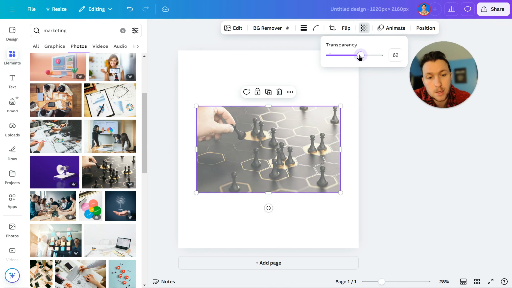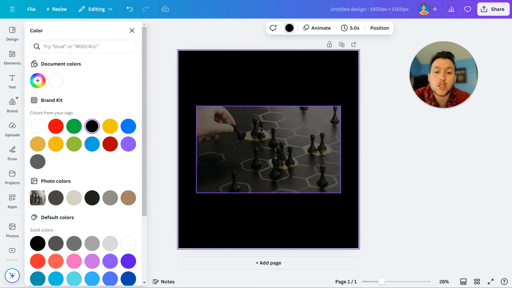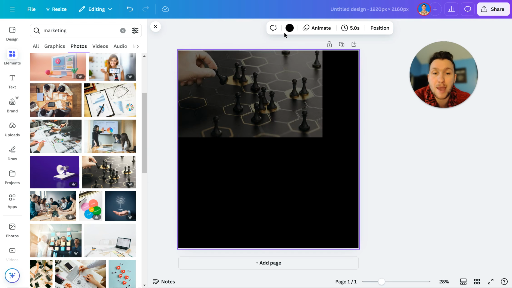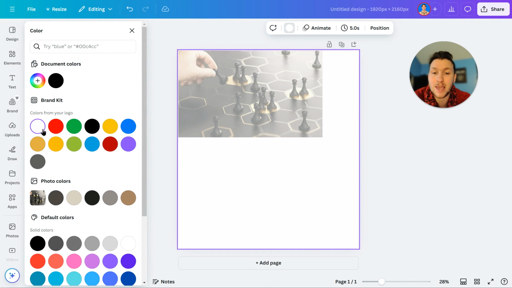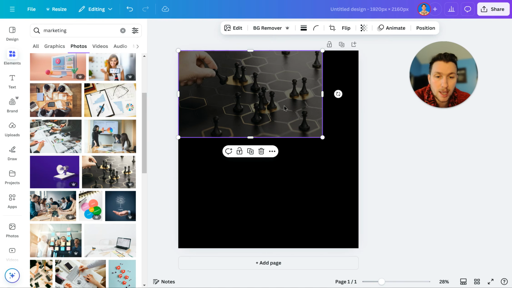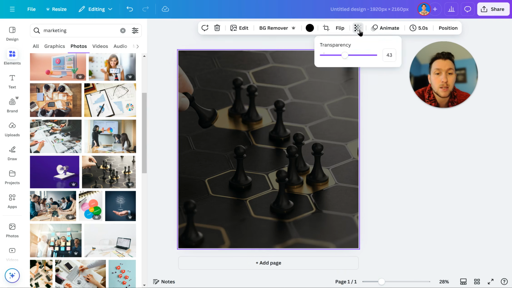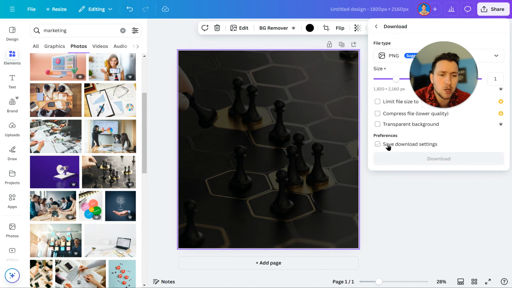What we'll do is we'll add a transparency to the image like this. Okay, so we'll go down like that. But what we're also going to do is we're going to make the background darker so that it actually works. Because see the difference here? If we make the background light, the image gets light, but we're going to do dark, and then we're just going to click this right here, and we're going to do replace background, and then boom, we have it right there. And we might make it just a little bit darker,